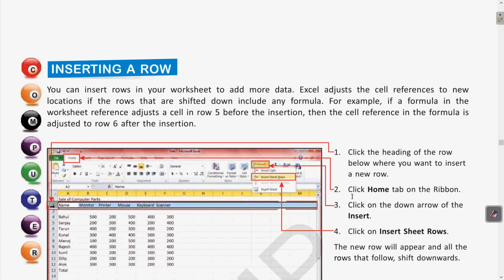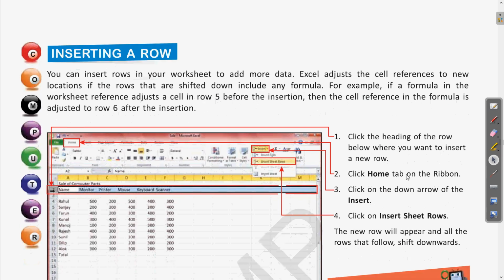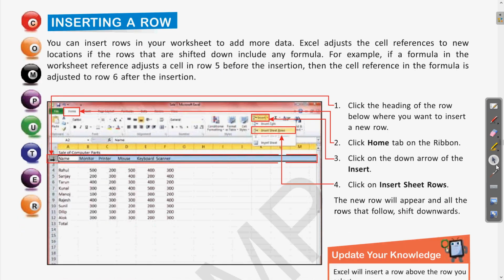If we come to the textbook, here we have seen how to insert a new row. For inserting a new row, wherever we want to insert it, we have to click the mouse cursor over that row number, and then go to the home tab. In the home tab we have the insert option.